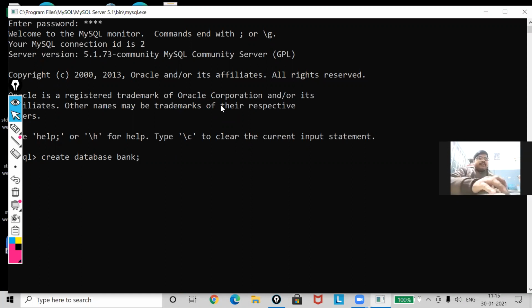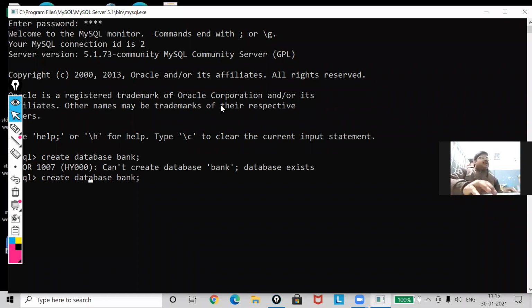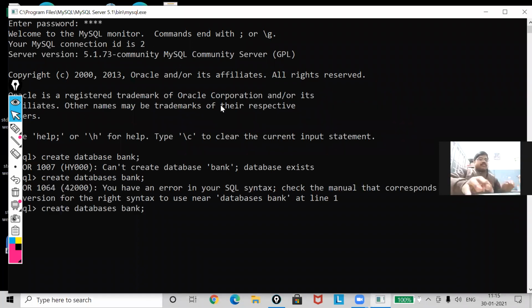Okay, now sorry, here I have missed S. Can anyone tell me why this error is coming?